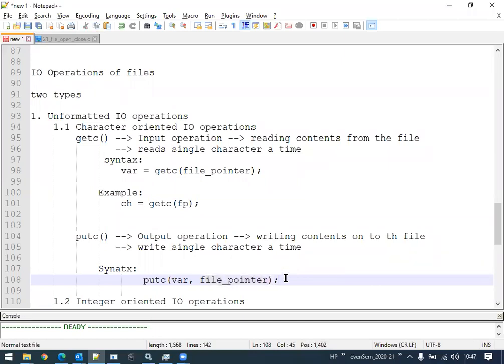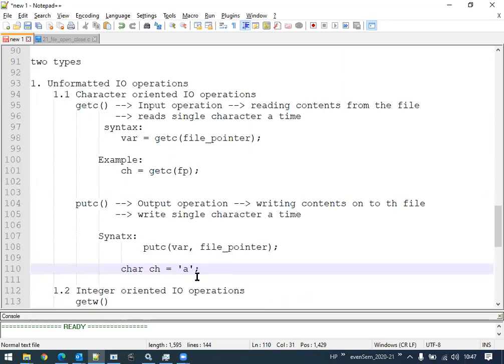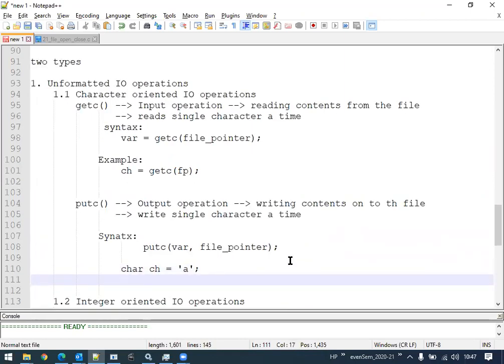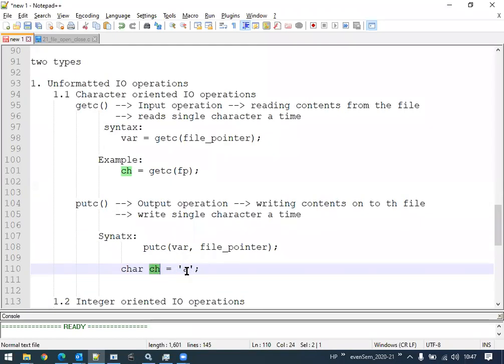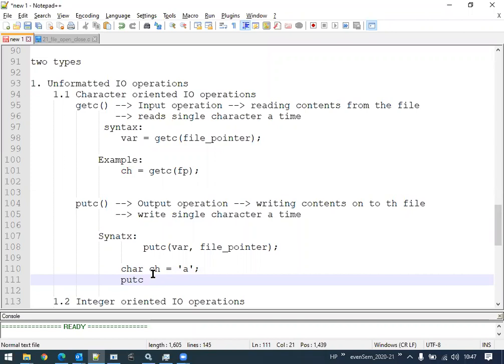For an example, suppose there is a character variable, char ch, and let us assign a value 'a'. It is a single character, so it is placed within single quotes. Now this ch contains a, and this value a I want to write onto the file. Then I can write a statement putC, which will take 2 parameters: first the variable, that is ch, comma, then the file pointer.